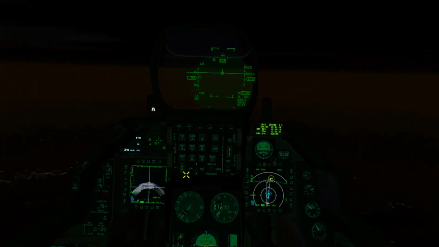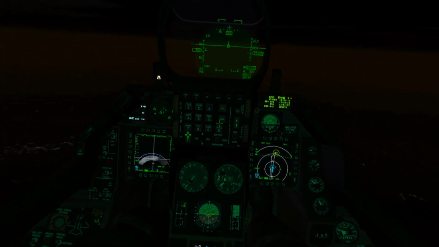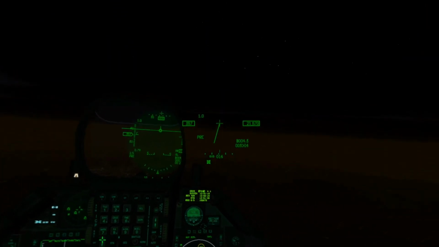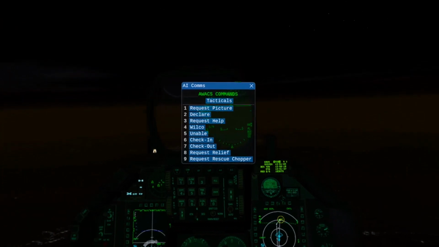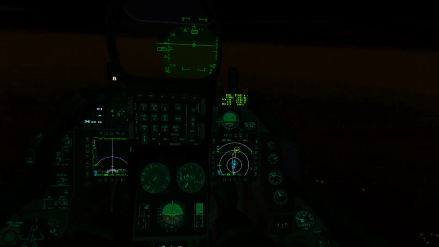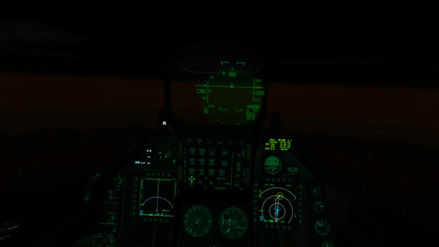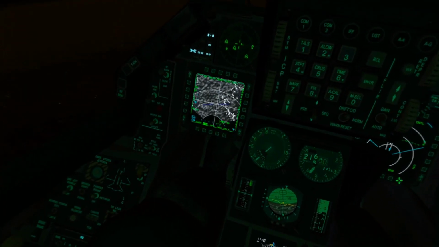Should be reaching steer point number 4 in about 30 seconds, and then we'll change it to steer point number 5, and then we'll start searching for ground targets. Then actually, let's check in with AWACS. Sentry 2, Warhawk 3-1, checking in. Alright, 5 seconds. 2, 1, and target area. Let's check out to see what the...